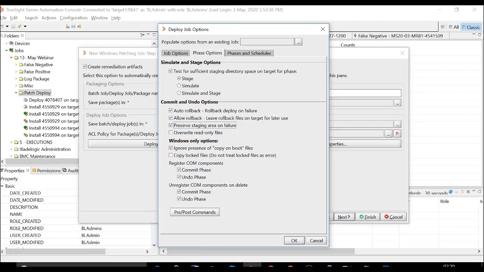Now there are situations where some of the commands that use these particular files to package the payload and do other things fail for some unknown reason, and we need to run the command manually on the server to see what is the error that the operating system is throwing. If the files are not present, we won't be able to run the command. So in that scenario, we rerun the deploy by checking this option, preserve staging area on failure. Now when the job fails, it keeps the staging area intact and we can run those commands to see what the error is. We'll see an example in an upcoming demo about this particular option.